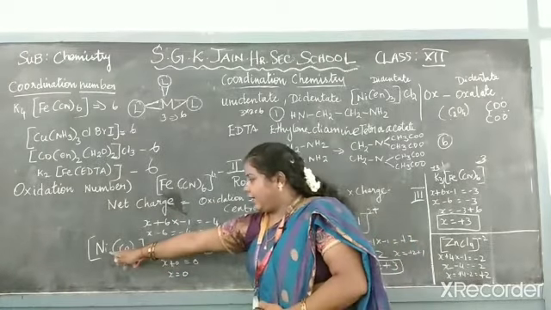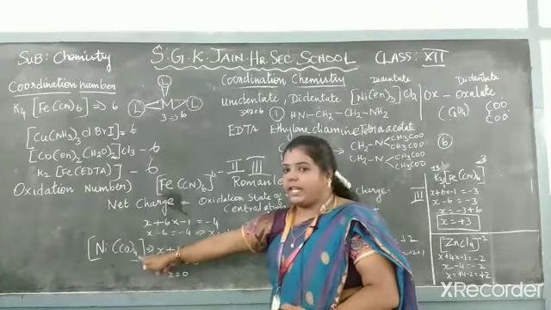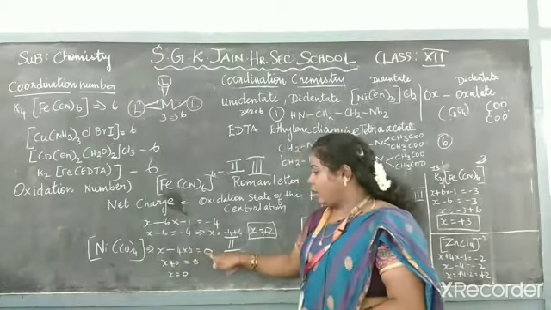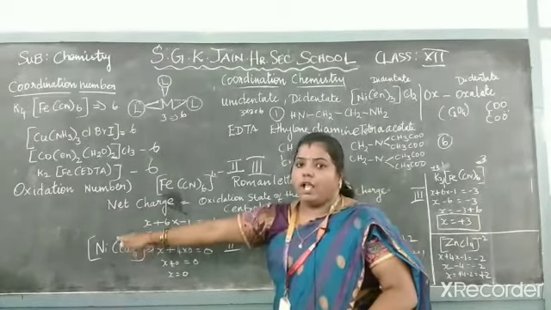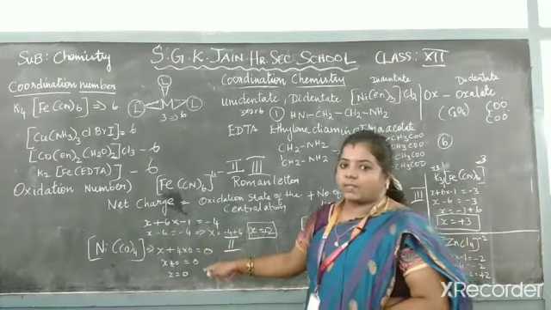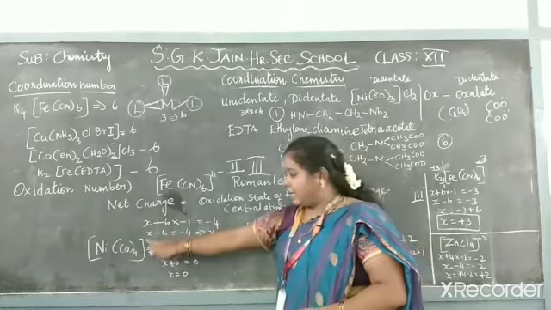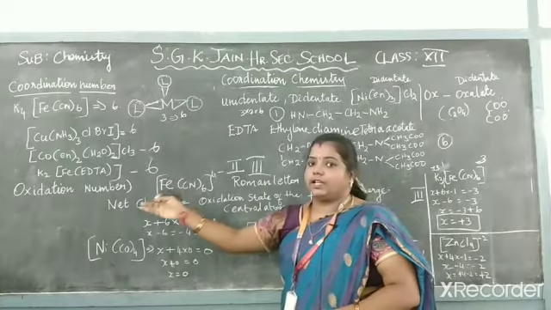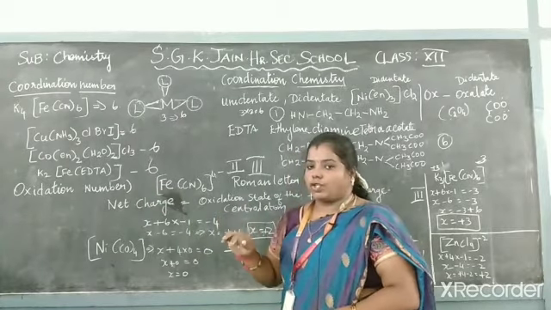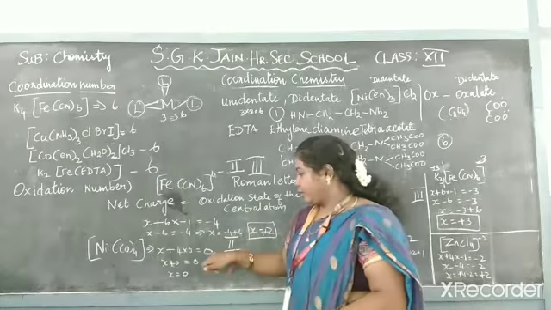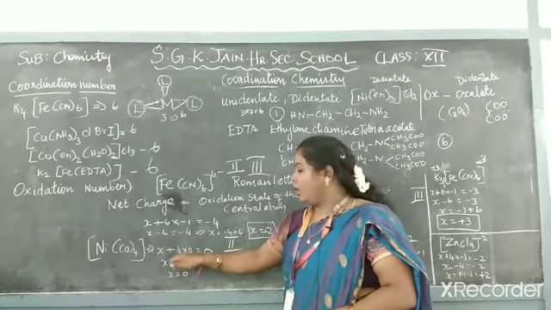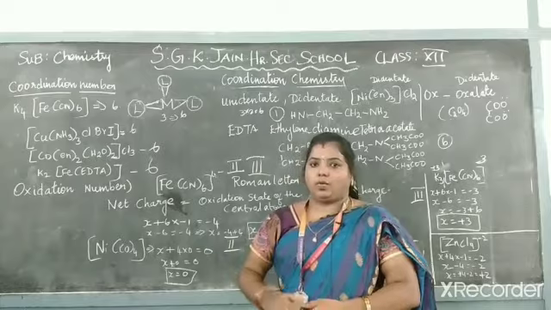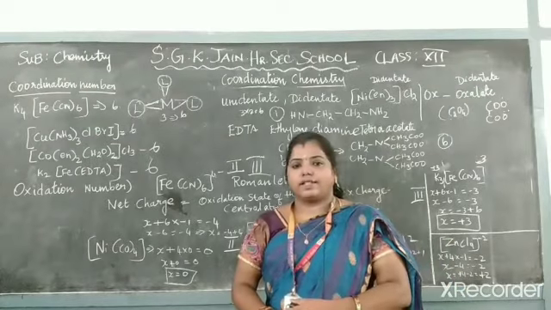Let's see that nickel, we don't know that. Let it be X plus, how many ligands are there? 4 ligands are there. 4 into carbonyl, it should be 0. So 4 into 0 equals, there is no charge and there is no counter ion. So we let the net charge be 0. Have you all understood? Here in this compound no net charge is given, and there is also no counter ion. So what should be given as the net charge? Let it be 0. So carbonyl is also 0. So 4 times 0 is 0. So what is the oxidation state of this compound? It should be 0 only. So this is the way you have to find the oxidation number.